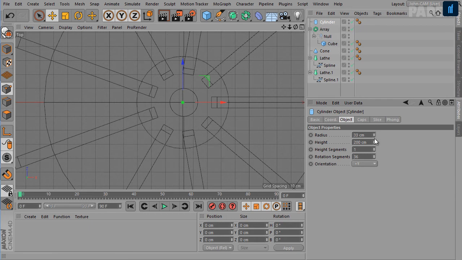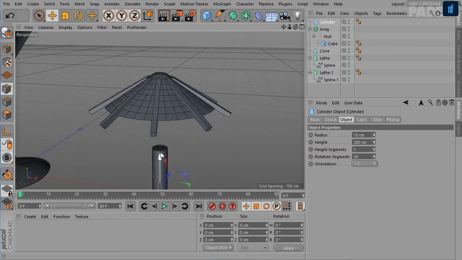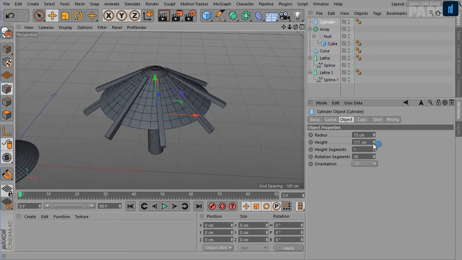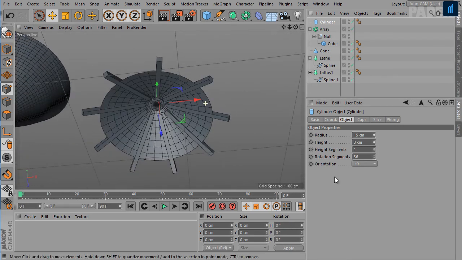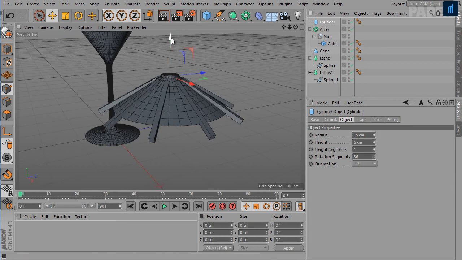So in the object tab we need to reduce the radius and height as well. Let's make it 10 centimeters.